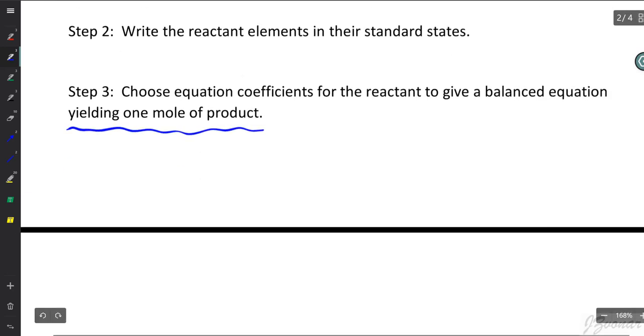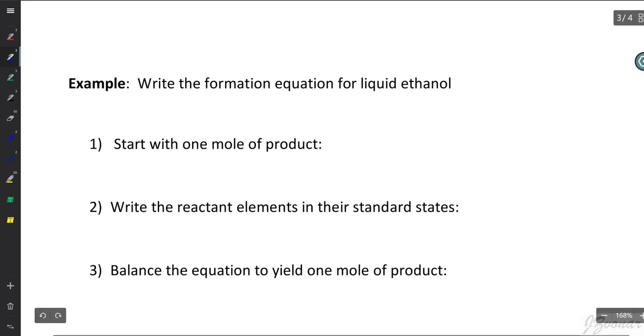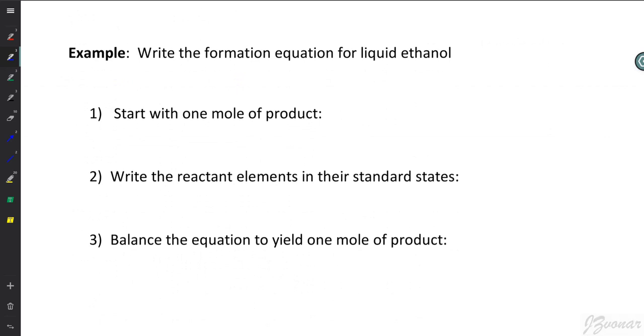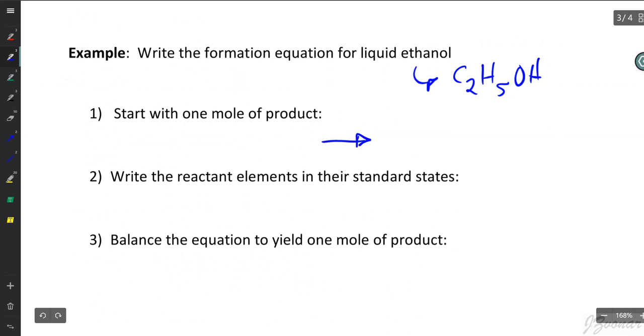Let's do an example. So we wish to write the formation equation for liquid ethanol. All right, so if we recall, ethanol's chemical formula is C2H5OH. So we always want to write that with respect to 1 mole of that product. So products always go on the right side, so I'm going to write C2H5OH